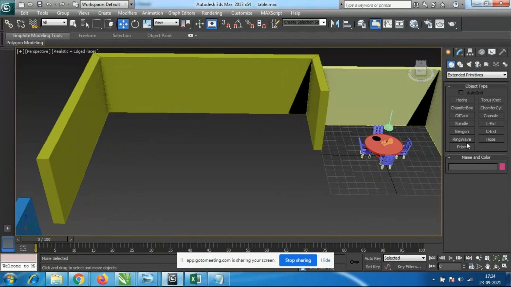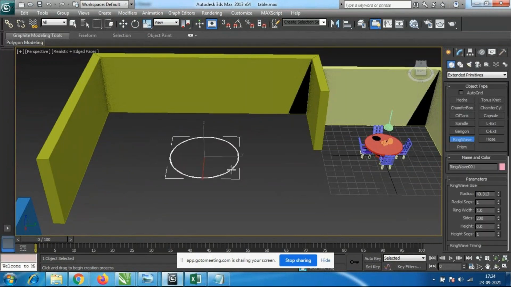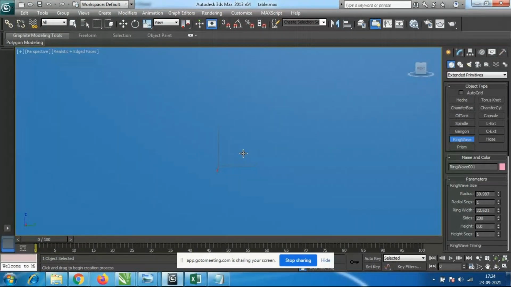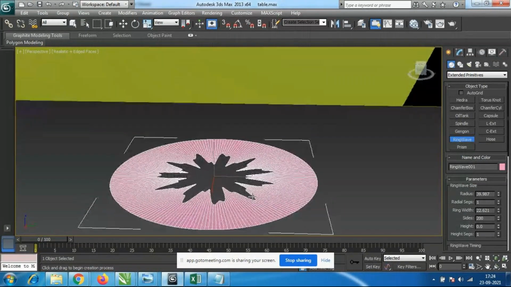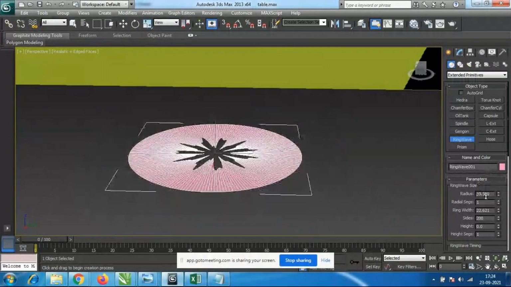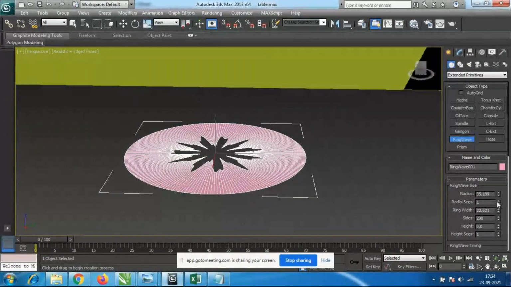So ring wave, the tool is like this, which you can use as a carpet or any simple designs. Okay, so there is not much difference here. Only the radius option we have, and radial segments are there, and we have the sides.